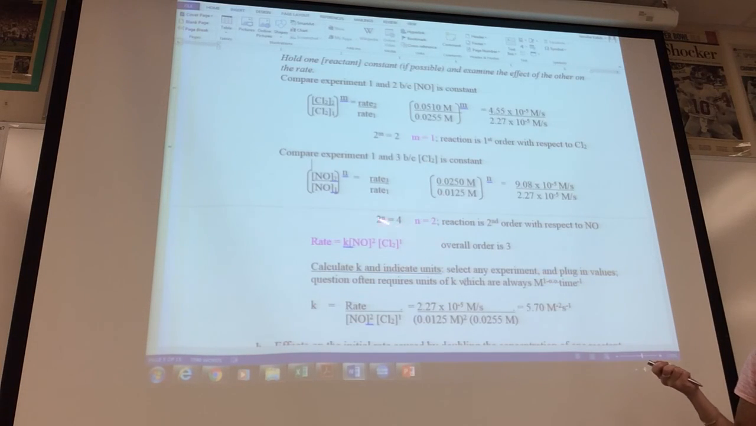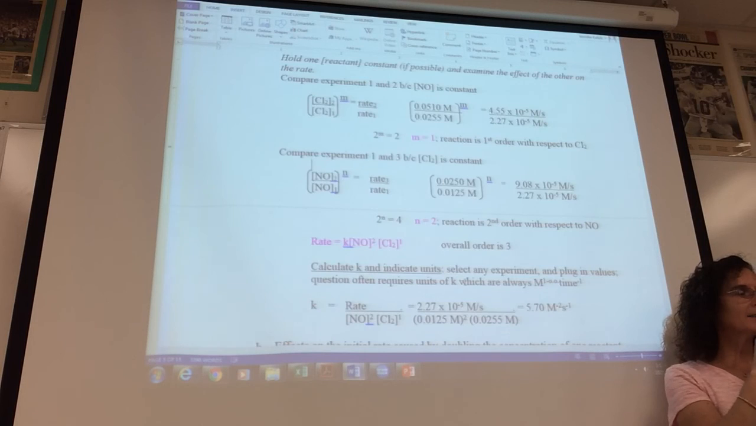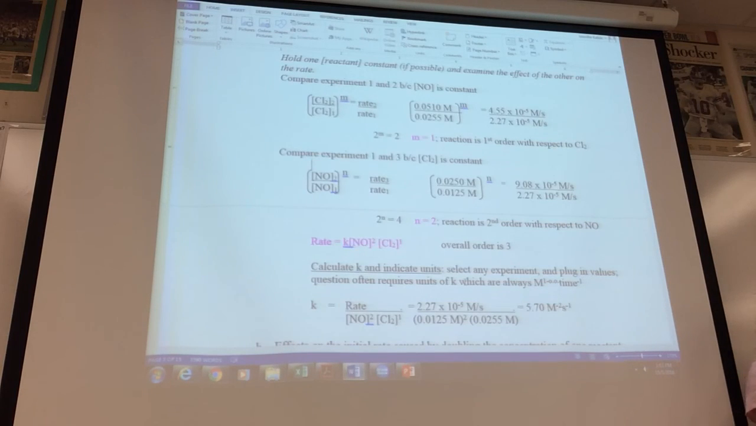Here's your rate law. Now you can calculate K and determine its units. Its units are very simple. Capital M to the 1 minus the overall order. So 1 minus 3 is? -2. And the time they gave you, I believe, was seconds. So seconds to the -1. There's the unit for K. To get K, you just manipulate this. You divide both sides by the concentrations raised to their exponents. You can pick